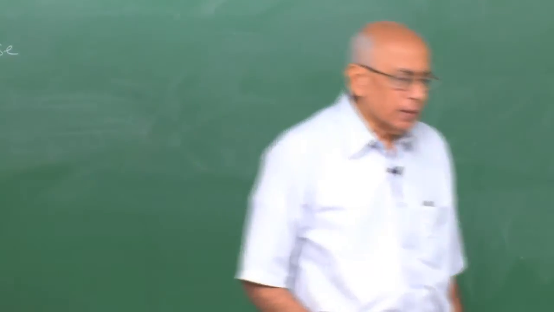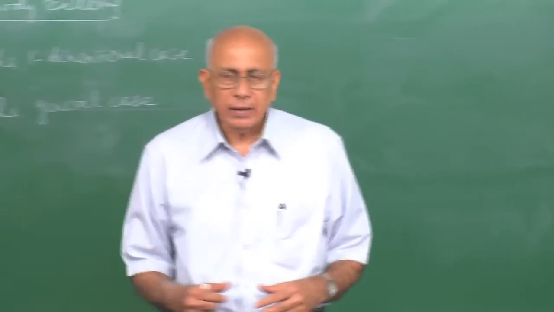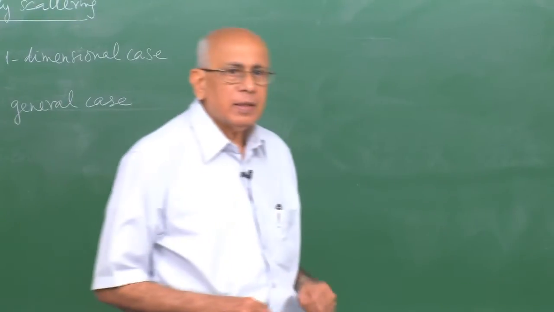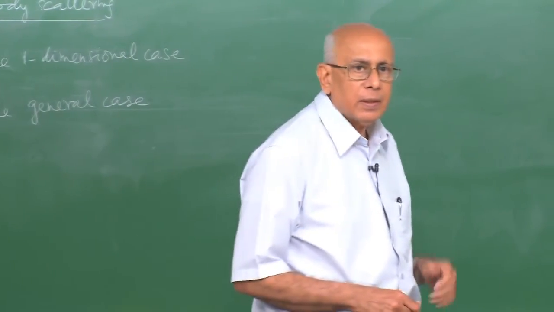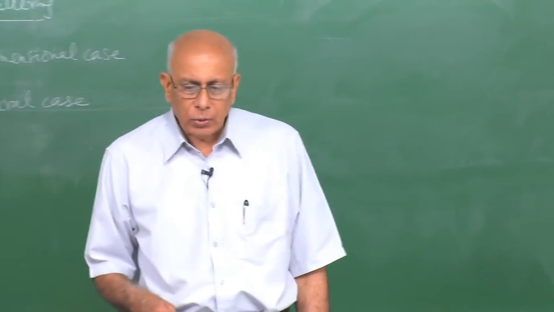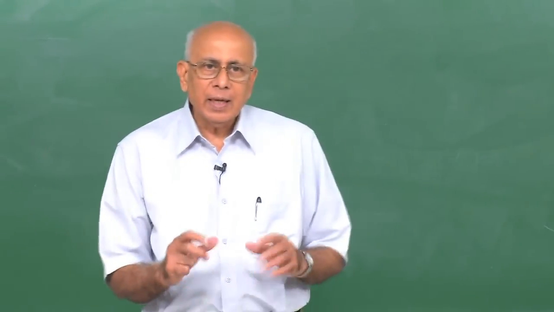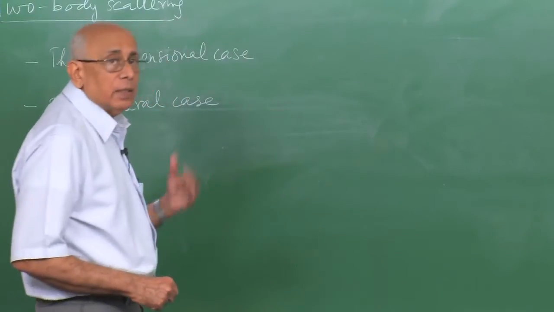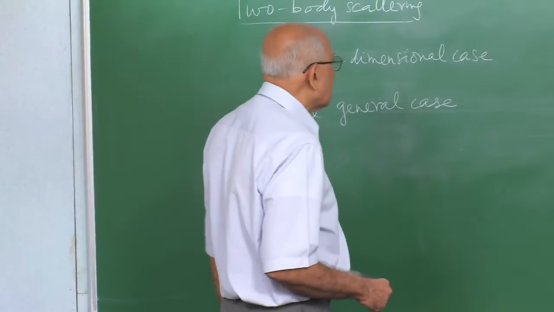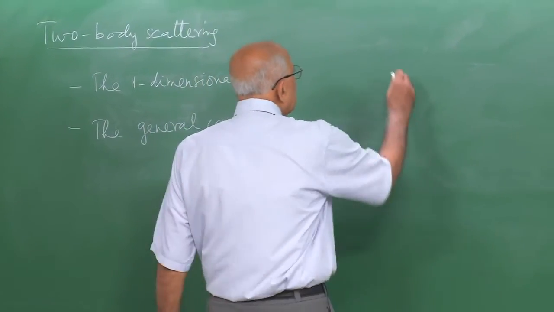So let us look at the case of two particles or two bodies scattering off each other by some kind of contact interaction in a very short time, as an example of the application of the conservation principles of conservation of momentum and conservation of energy, to see whether we can understand this scattering process to the extent we can without detailed dynamics. And it turns out that practically we can go a great distance using just the conservation principles. As I started saying, in the first case, let us look at the simpler instance when you have